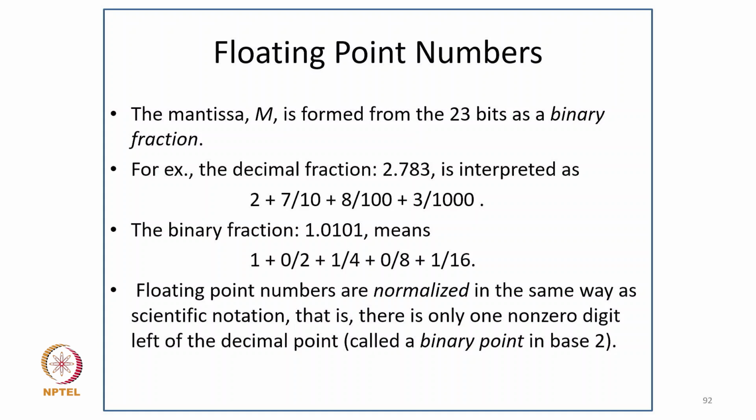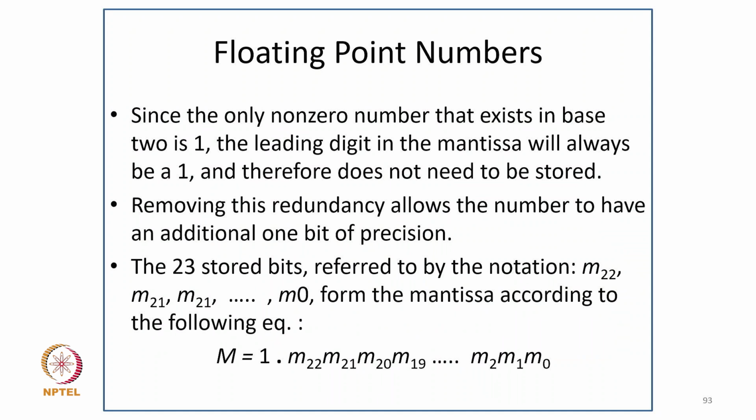So floating point numbers are normalized in the same way as scientific notation, that is, there is only one non-zero digit left of the decimal point, called the binary point in base 2. Since the only non-zero digit that exists in base 2 is 1, the leading digit in the mantissa will always be a 1 and therefore does not need to be stored. Removing this redundancy allows the number to have an additional 1 bit of precision,